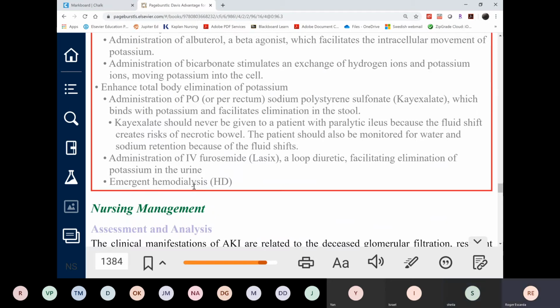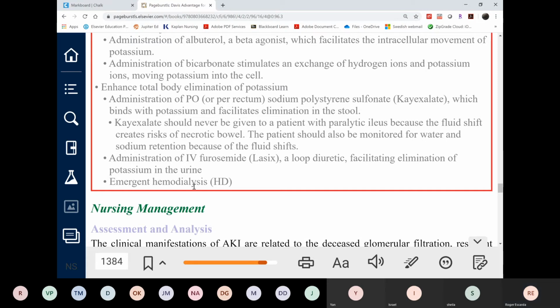Actually, no, it doesn't. It eliminates potassium, but how long does it take? It takes a long time before it becomes effective. Two hours. Okay, so it's not very effective in elimination, but it's the most